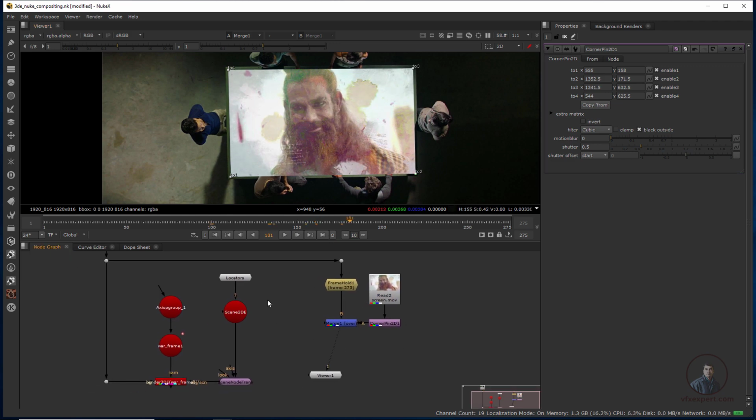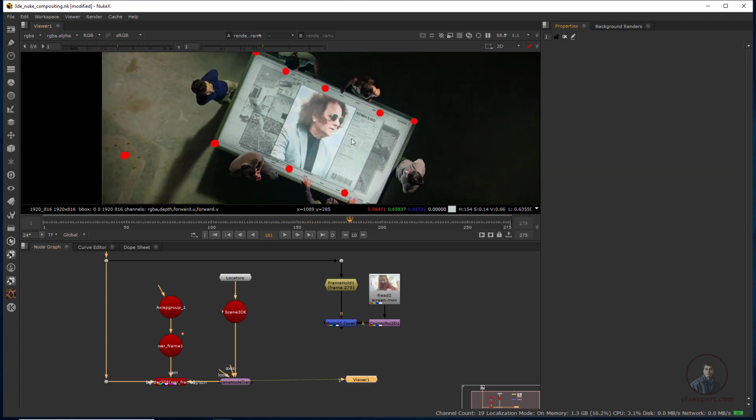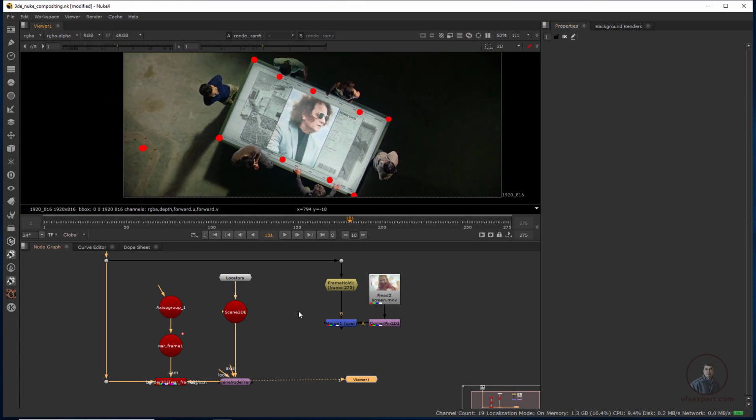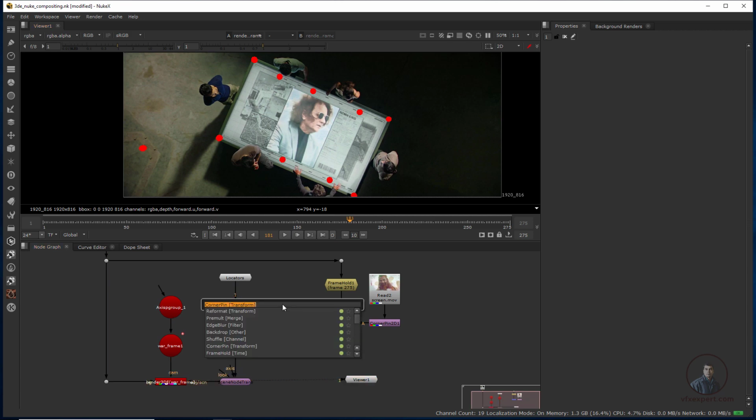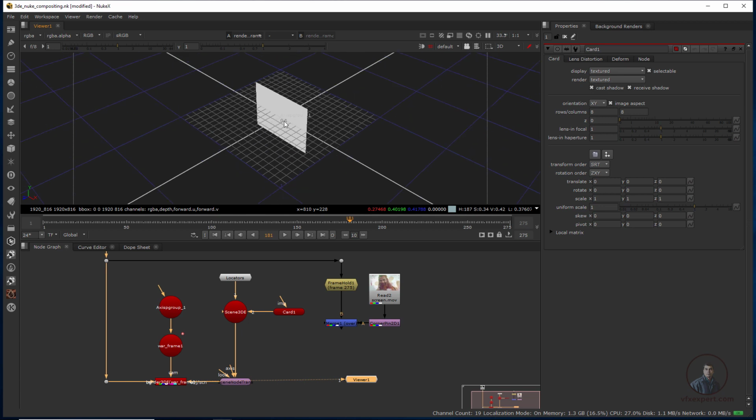Now after this we have to create a card because we have to project this image onto this video or this scene. So for this I am going to create a card for this screen. Easily you can see here, this is simple. Now press tab and type Card. I have created a card. Now I have selected this one and inserted it into our 3D scene. Now I have placed it over here. Now select our ScanlineRender and press 1. Now press tab here. Easily you can see this is our card.